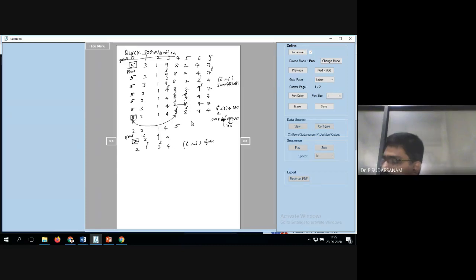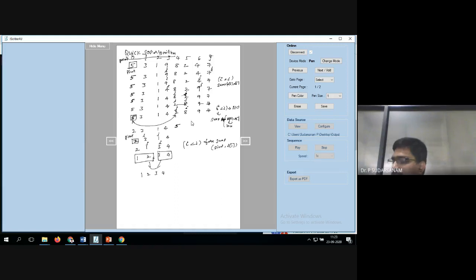That means swap the first element, the pivot element, and A of J. So that means 1, 2, 3, 4. Is it sorted? Yes, sir. Now 1, 2 is called one partition, and 3, 4 is called one partition. Now take the pivot element and do it. So finally you will get the sorted 1, 2, 3, 4.